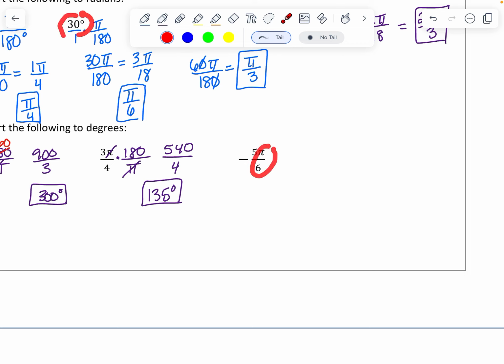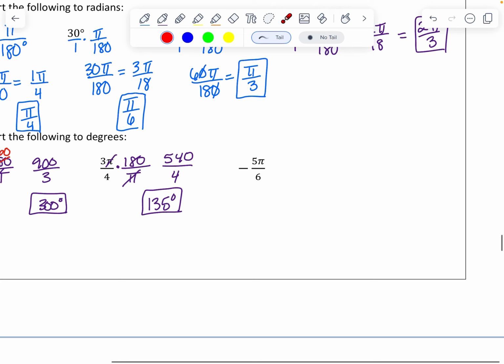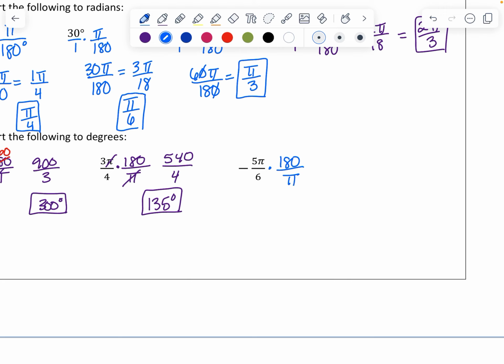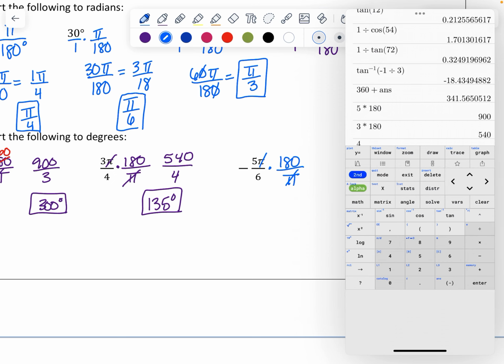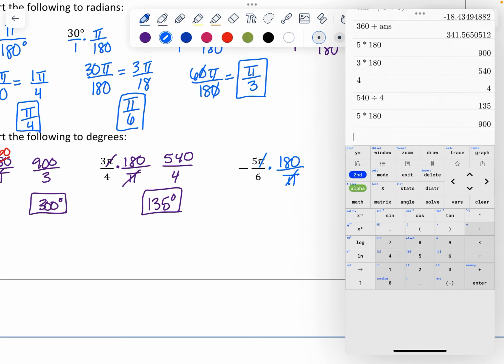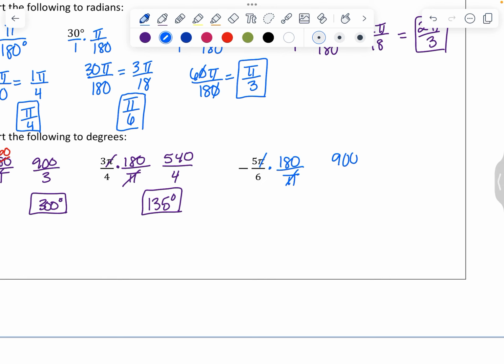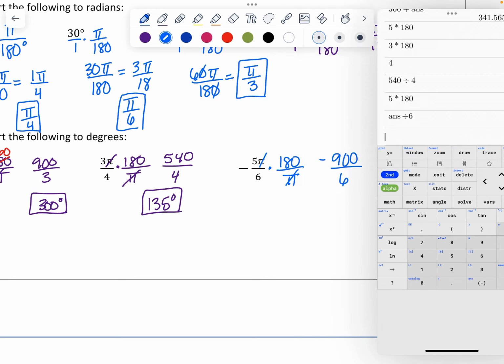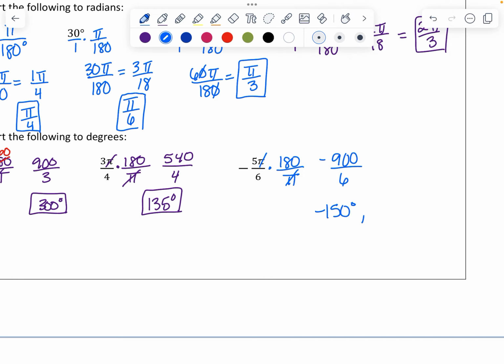Remember, pi over 6 is 30 degrees, and we have 5 of them. So 5 times 30 would be 150. This should be negative 150 degrees. We can find that by taking it and multiplying it by 180 over pi. So get rid of the pi's. 5 times 180 on top is 900. Negative 900 divided by 6 would be negative 150, which is what I got using the fact that I knew that pi over 6 was 30